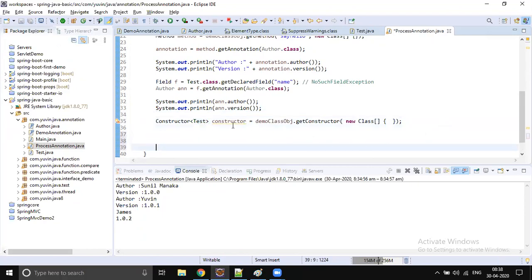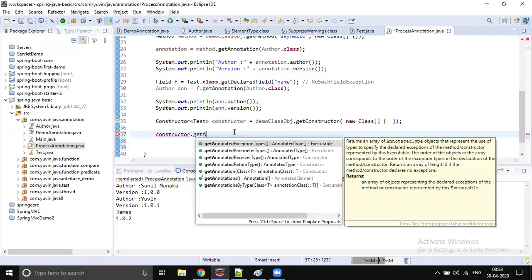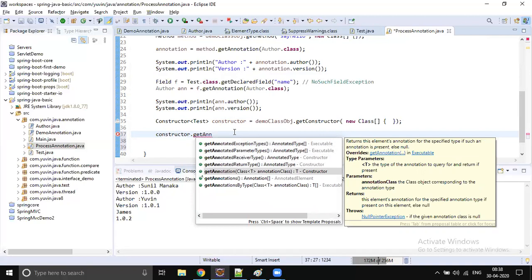Now I want to get the annotation which is present on top of the constructor. Then what method should I use? getAnnotation. So from where are we getting this getAnnotation method?